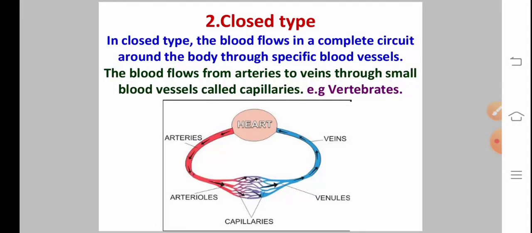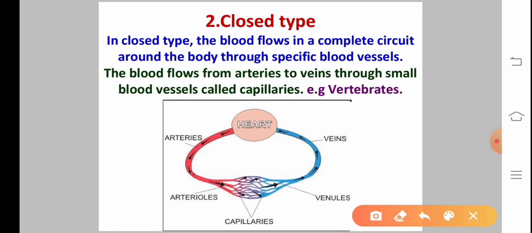Closed type of circulatory system. In closed type, the blood flows in a complete circuit around the body through specific blood vessels. Blood flows from the arteries to veins through small blood vessels called capillaries. Example: